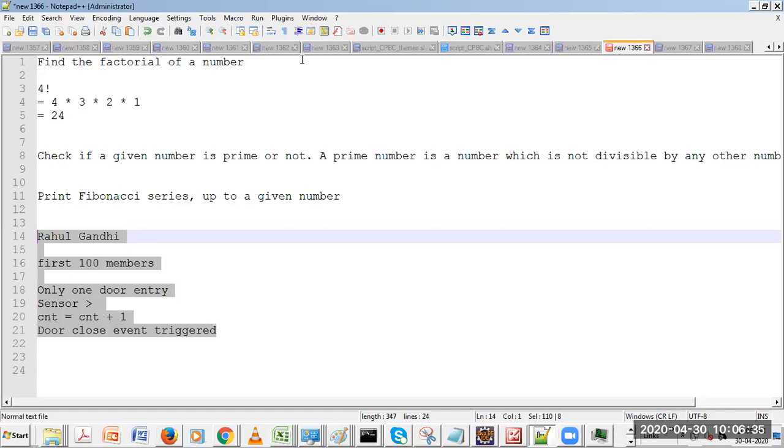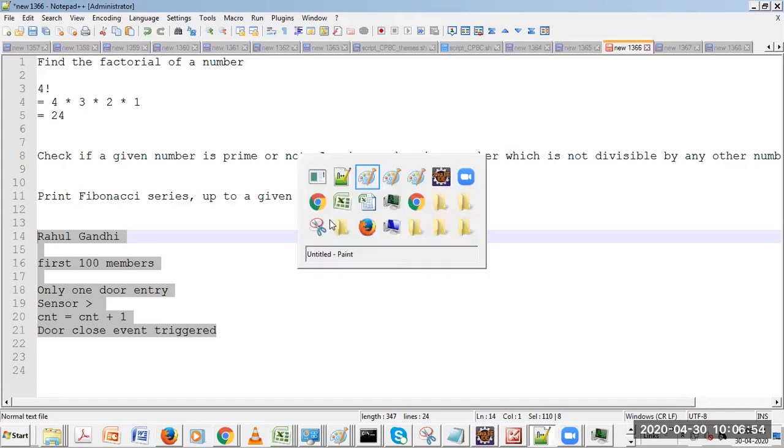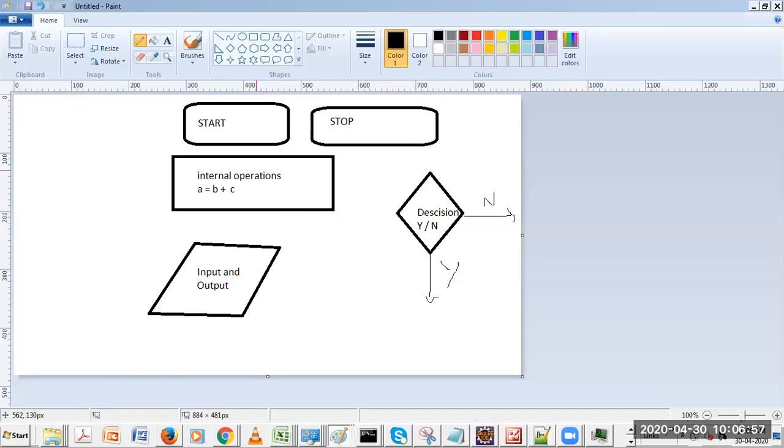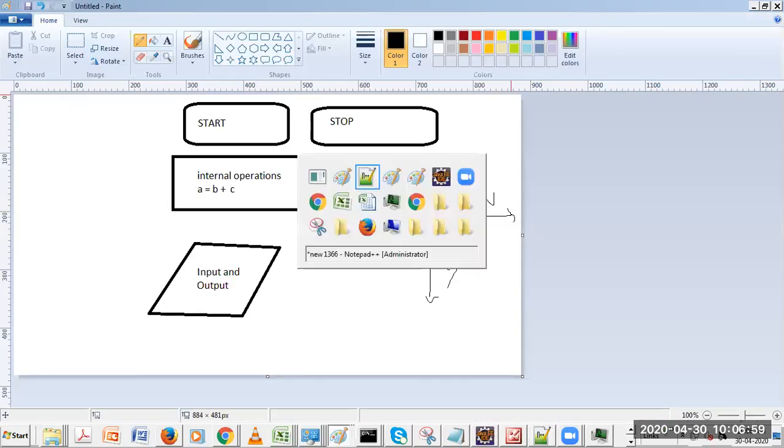You can use your MS Paint. You can use your pen and paper. Whatever. I'll suggest if you have a pen and paper, it will be faster, quicker. Let's take 5 to 7 minutes, not a couple of minutes, you'll require at least 5 to 7 minutes. Practice this exercise quickly, and then I'll also help you understand implementing the same.